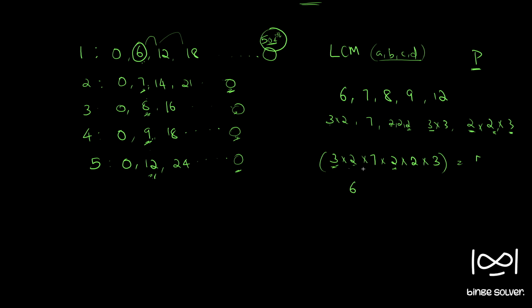So if you multiply it together, earlier I wrote 7 into 2 into 2 into 2, I wrote 8. 3 into 3, 9. So how I wrote this fast is, 7 is not repeating in any of these, so 7 will be there. If you take 8, then the 2s are all included in 8. And if you take 9, the 3s will be also included. So 12 is already in this. This is just 4 into 3, which can be found from this. So that is the minimum number we are taking out of factors.